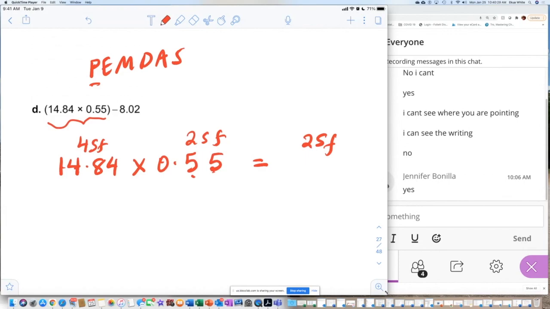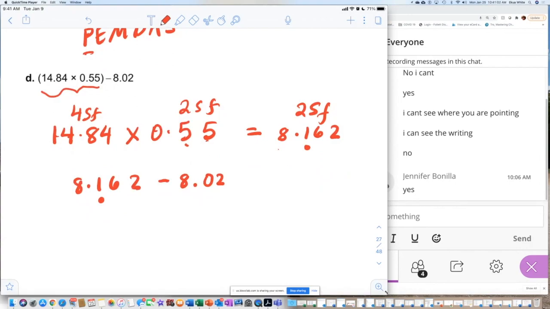Okay, then I multiply 14.84 times 0.55. I get 8.162. So this should be 2 significant figures. The first one and the second one make it. Okay, now I have 8.162 with the position right here minus 8.02. This is minus, right? Remember, for addition and subtraction, you have to line the decimal up. Okay, so I'm going to say